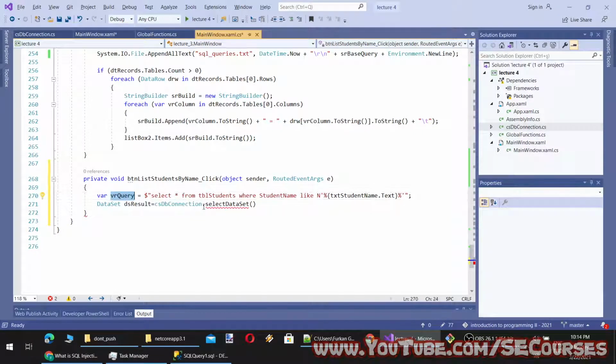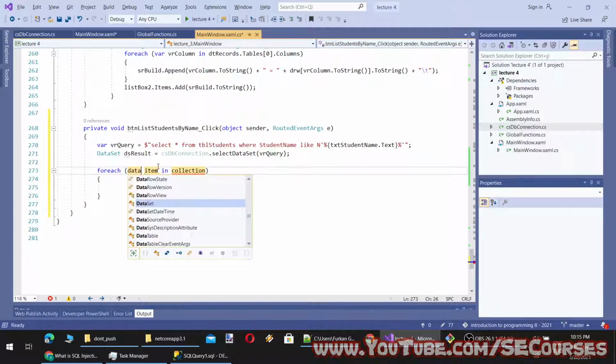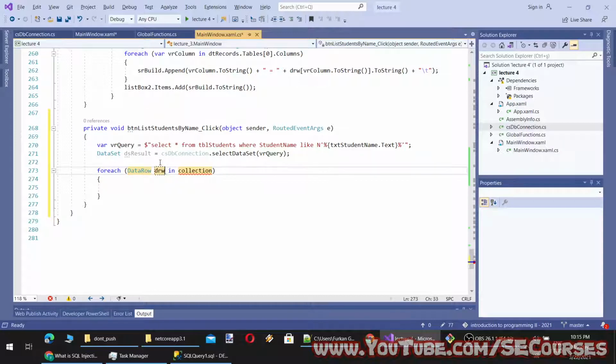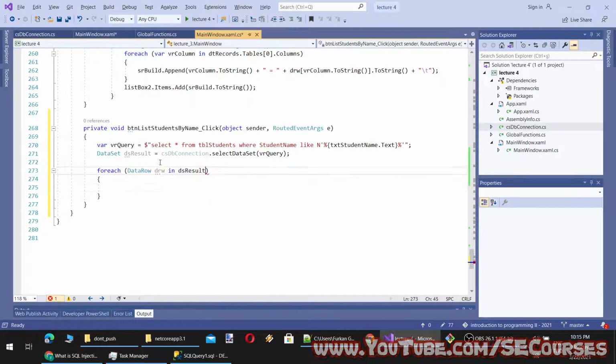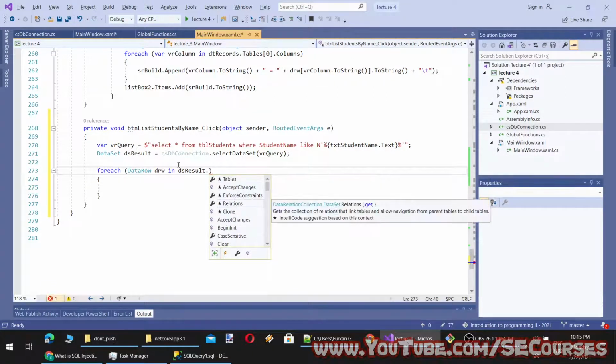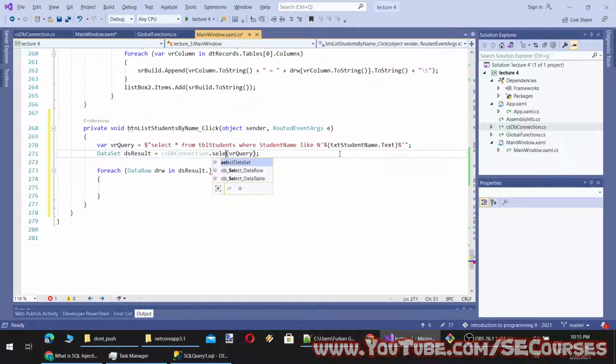Then we will do a foreach to add records into the list box. We are selecting a data set, so we will select the data table.